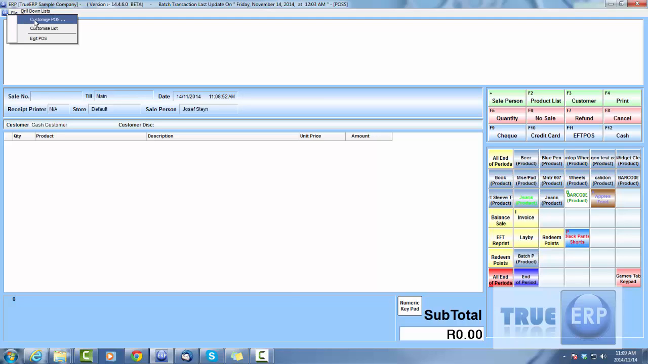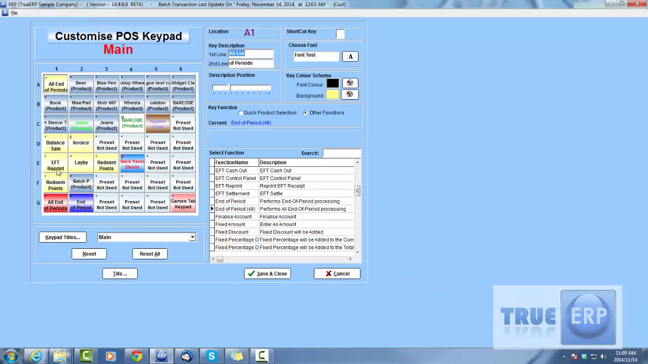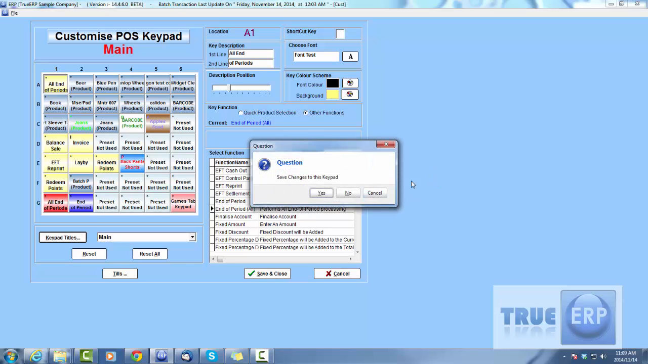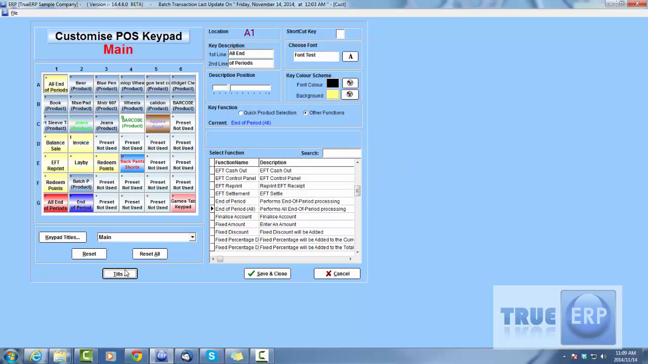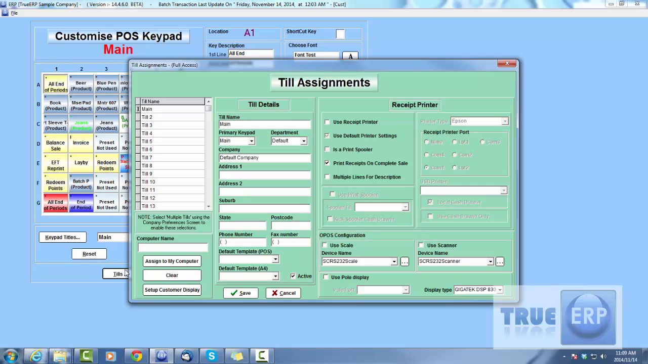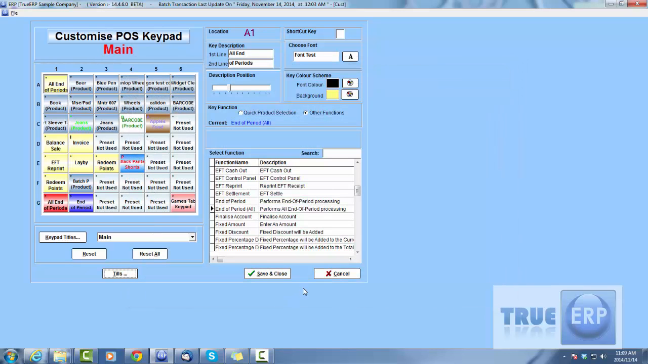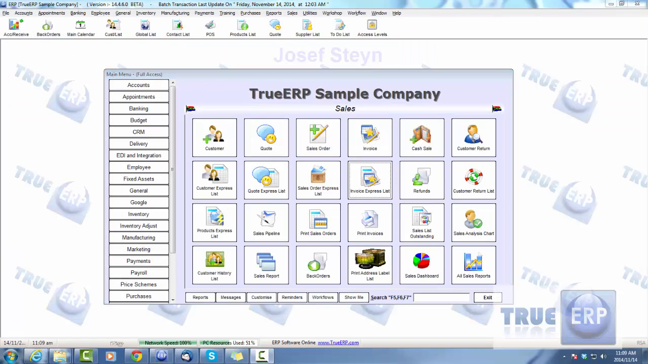Again, we can go to customize POS, and we can add different keypad titles if there are numerous keypad titles, and we can add different tills for all our different cost centers, or different computers, if I can say that. So whatever till number it is can be renamed, assign that to a computer, what is the location of this till, and so on. So great way of adding different tills at different locations. If we jump out of POS, so again, multi-site capable,